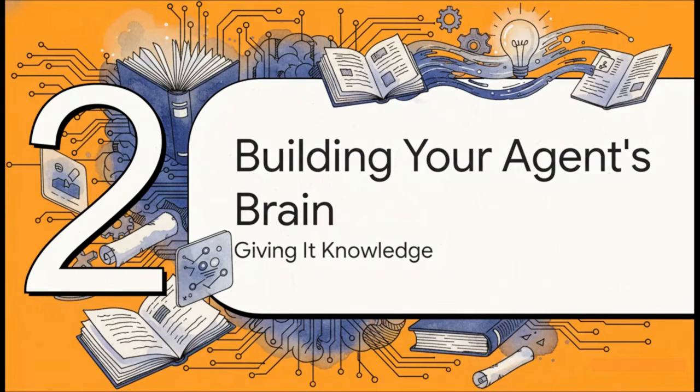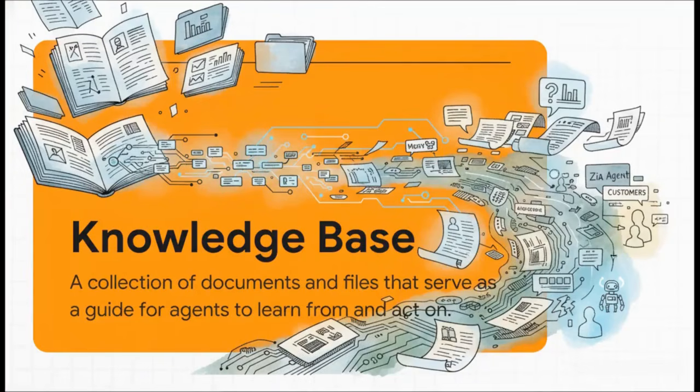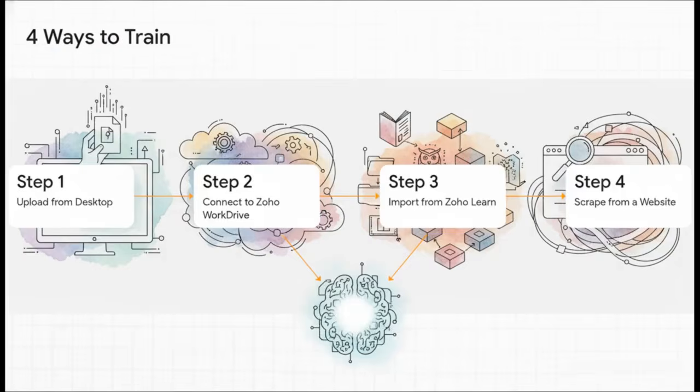Okay, so our AI employee has its job description. Check. But a job description isn't enough, right? It needs knowledge. It needs training. So now, this is where we build its brain. The agent's brain is called the knowledge base, and really, it's a curated library of information that you provide. This is the source of truth your agent will use to understand context, to answer questions, and to make decisions. Without this, the agent only knows its instructions, but it doesn't know anything about your products or your company policies or your customer.